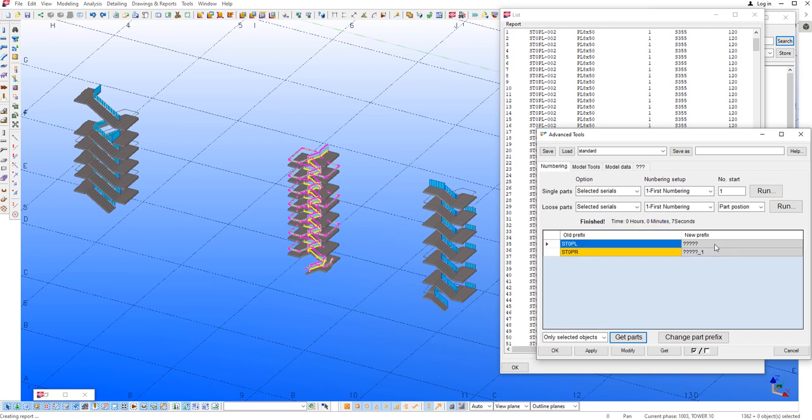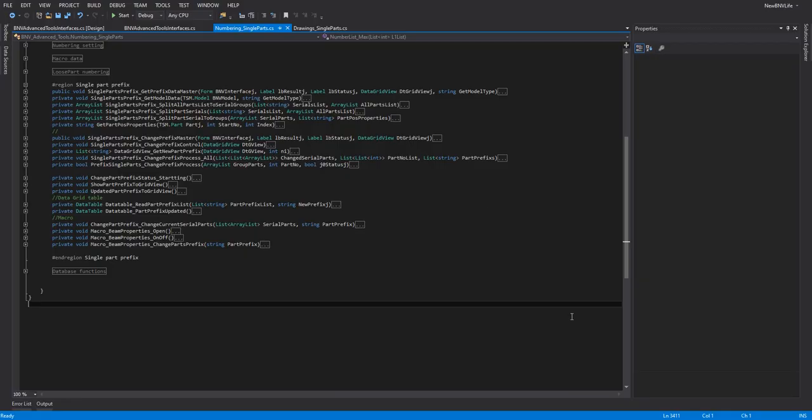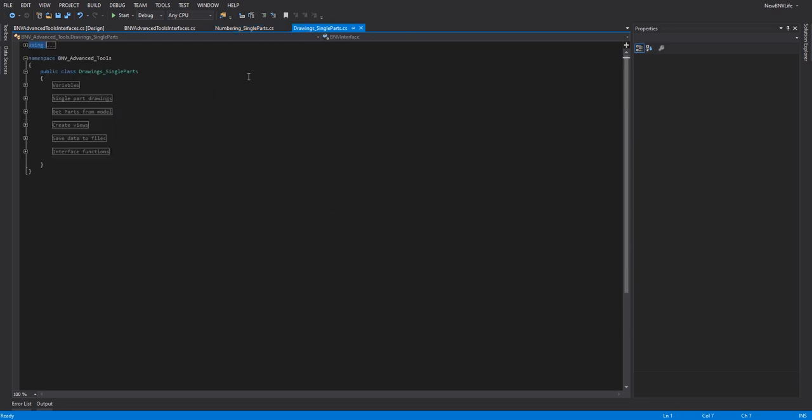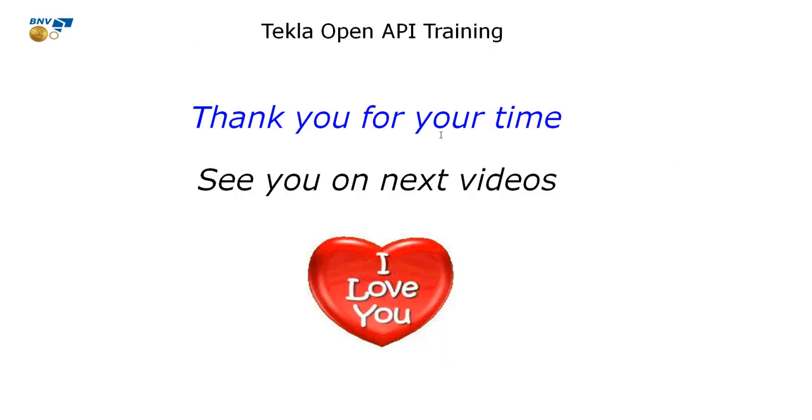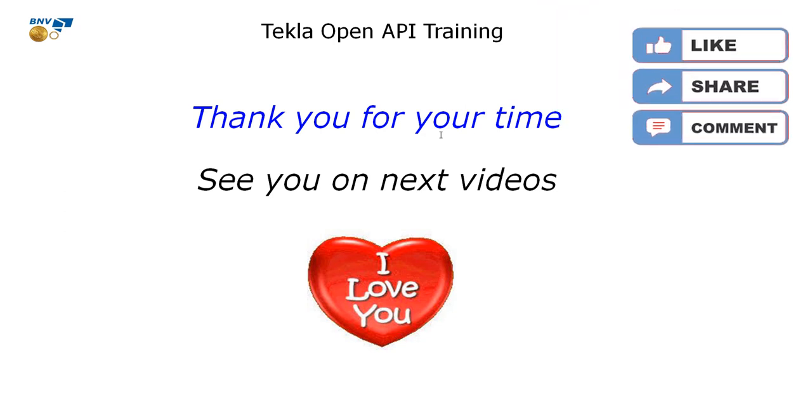Similar for others, you can easily change the prefix and keep the same position for all serials of similar structures together and save your time. Yeah, a lot of things you can do with the Tekla Open API to support your project for the model. That is the idea for changing the back prefix. However, you will get some interesting things for your Tekla development in the near future.